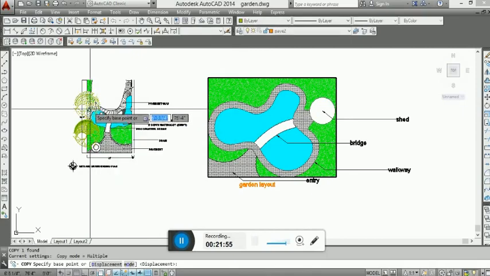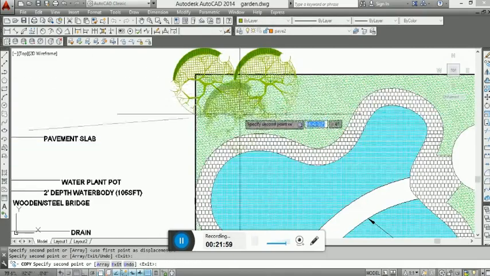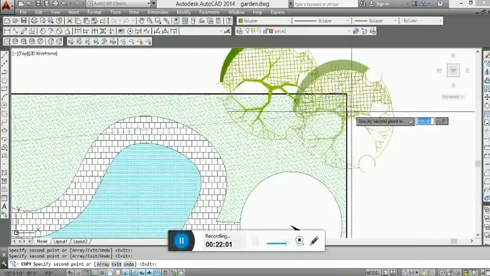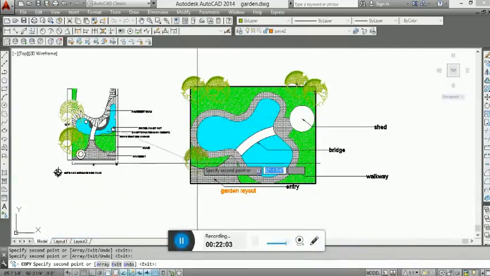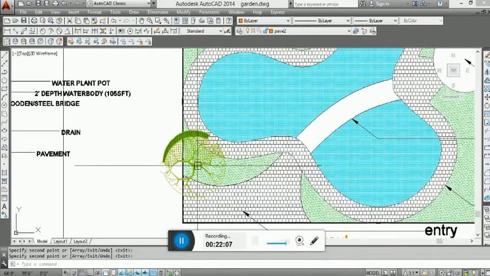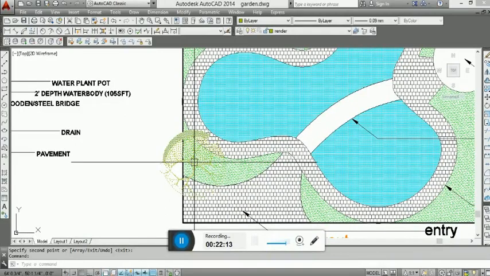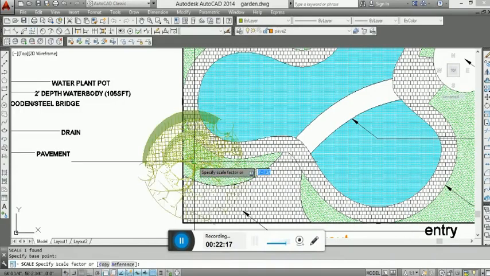So I will now use the CO space copy command to copy these trees in my drawing to make it more beautiful, or to give the idea that okay, I want the plantation to be in here. So I will CO space and click on the tree, and then click on the point I want in the drawing. And then again a new command. I will select the tree and I want it smaller using SC space, and click on the tree, and we'll give